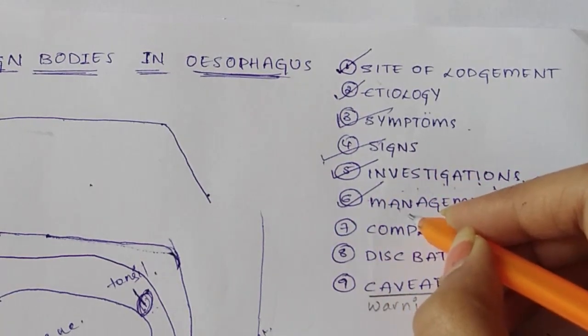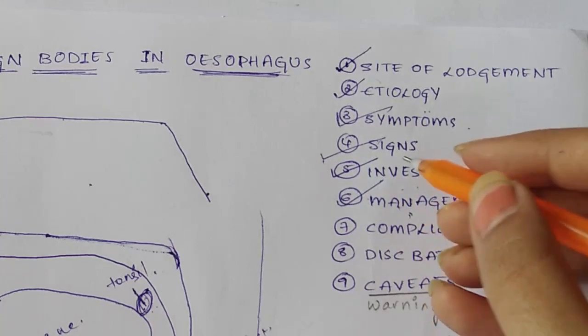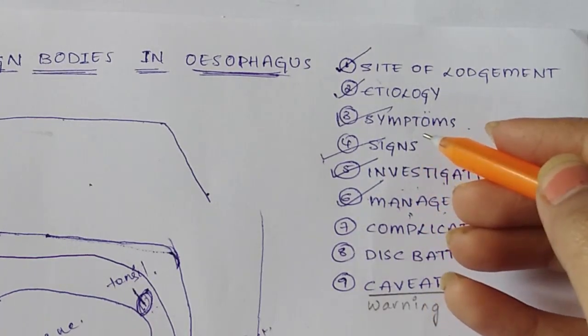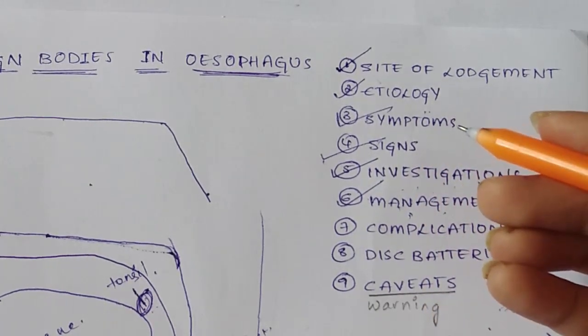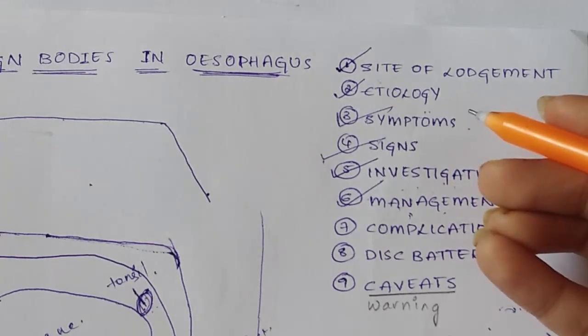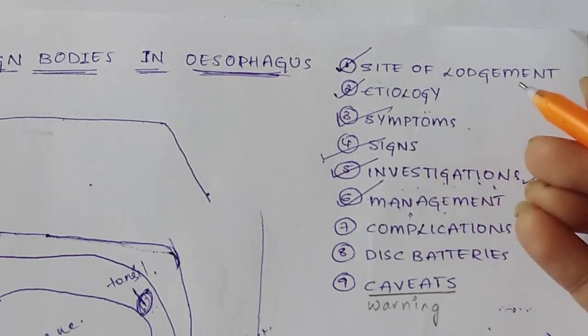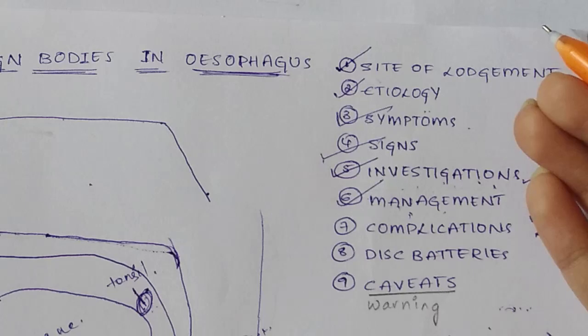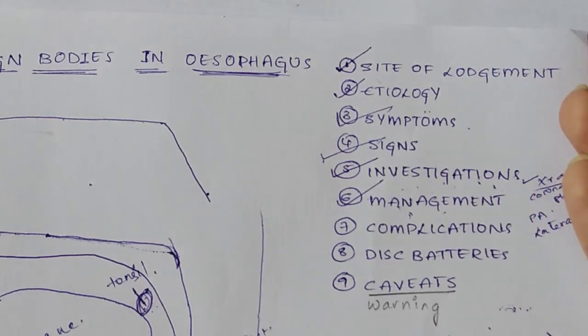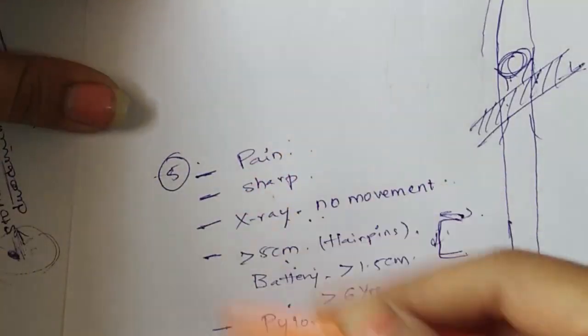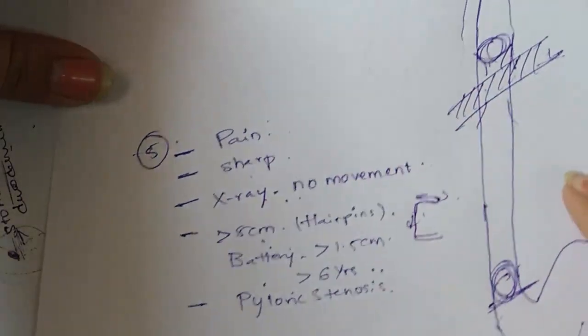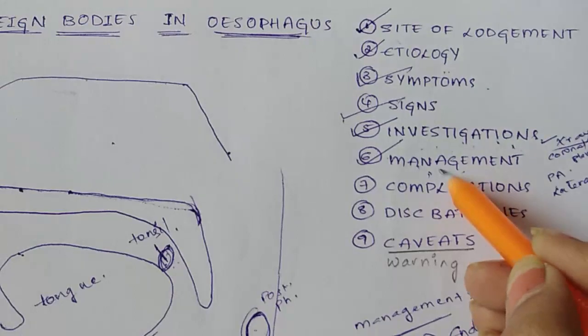What should we do when there is a foreign body? First option is endoscopic removal, then cervical esophagotomy, then thoracic esophagotomy. If it passes through the esophagus, we have to check every 3 to 4 days for the foreign body to get excreted through the feces. If not, in these 5 conditions, we have to do surgery to remove the foreign body. So, we have completed management.